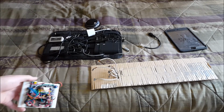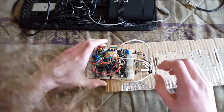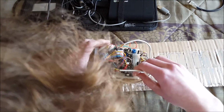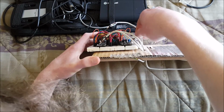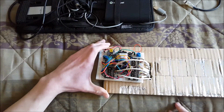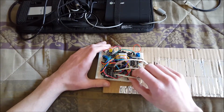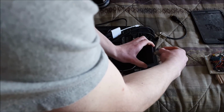Anyway, let's go ahead and get this thing wired up here. Oh gosh, let's see if I can remember the order here. This, and this. These two got swapped, so there we go. Alright, if all goes well, that should work. Now let's set up the MIDI portion. Gonna power this up, plug in that, and this, the speaker,